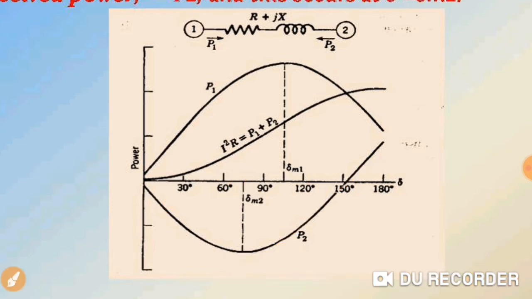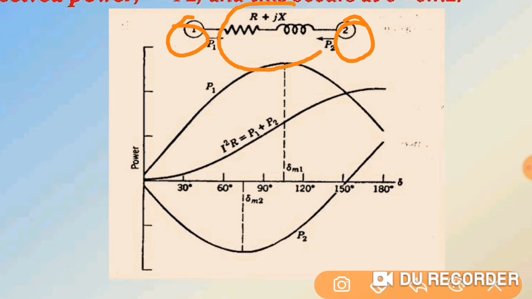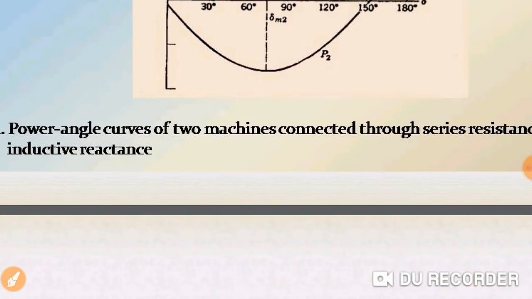So by both these diagrams we can see that it is a combination of two machines. Machine 1 is the machine which is injecting power into the bus, that is your generator, and P2 is the machine which is receiving the power, and both are connected by the series connection of R plus jX. Next,